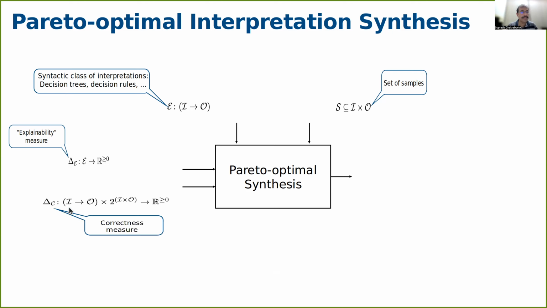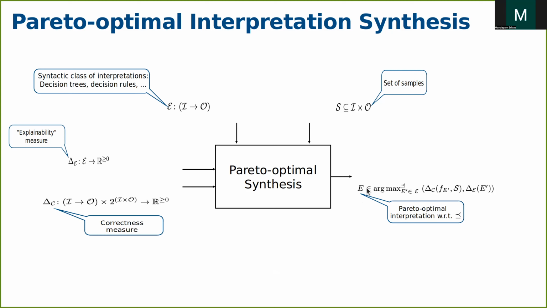There's a correctness measure, which takes one of these interpretations and a set of samples, a subset of I cross O, and gives me a real number. It basically says how correct is this interpretation I've come up with with respect to the set of samples. And then I want to find an interpretation from the syntactic class of interpretations